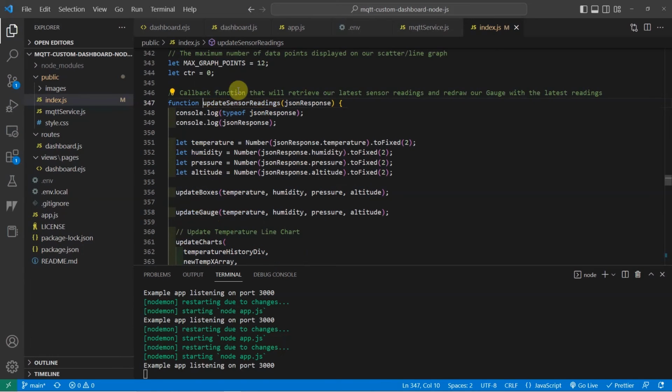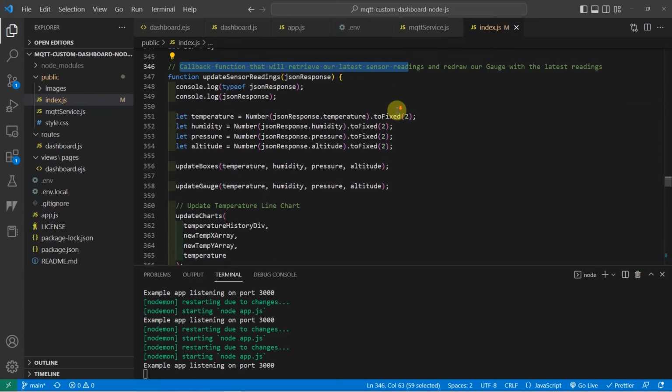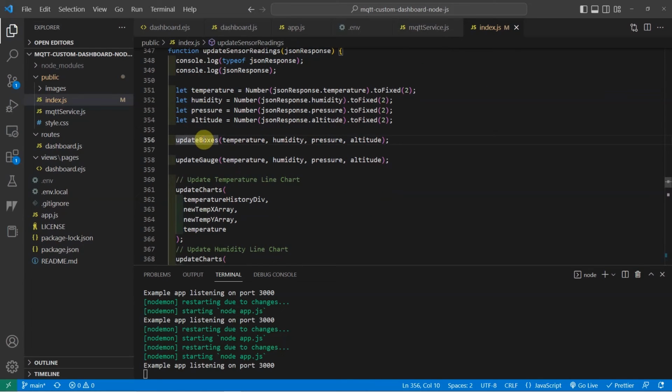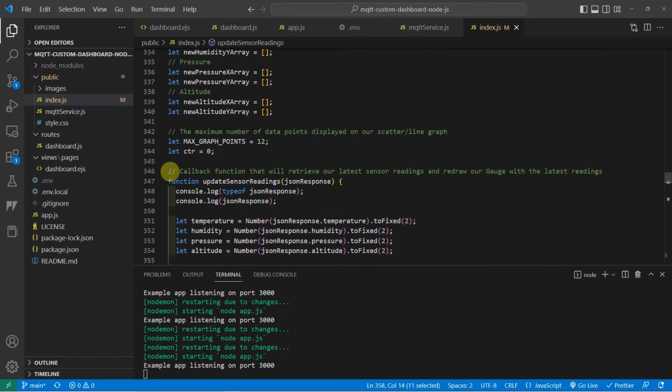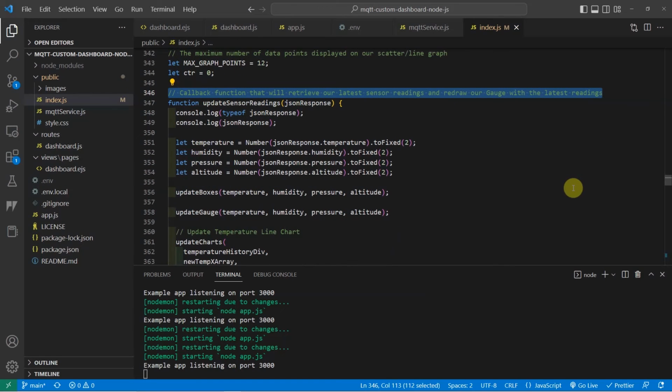This is the function that I have created to update the different parts of my application asynchronously. As you can see, the code contains several explanations using comments so that you would know what each part of the code does.